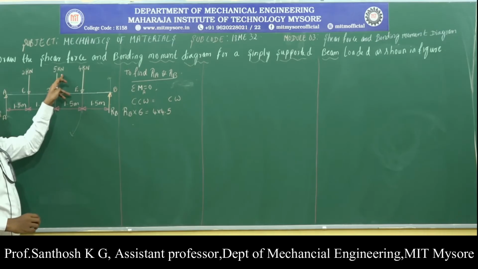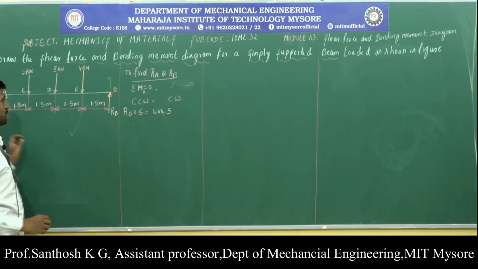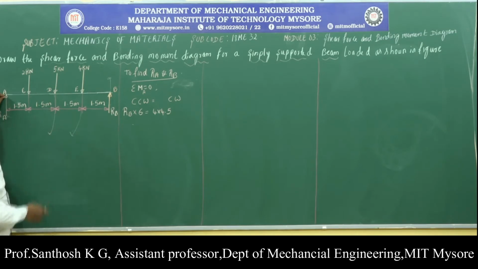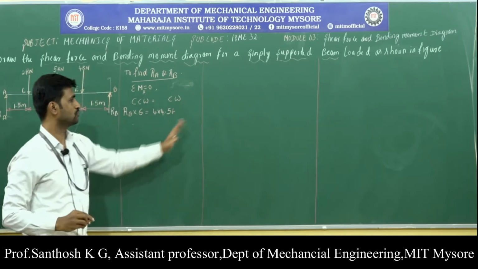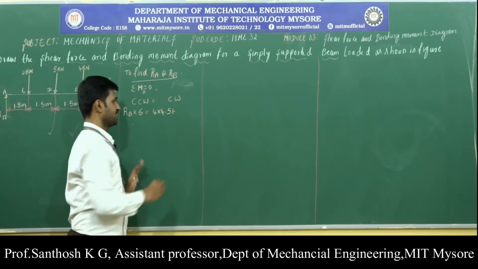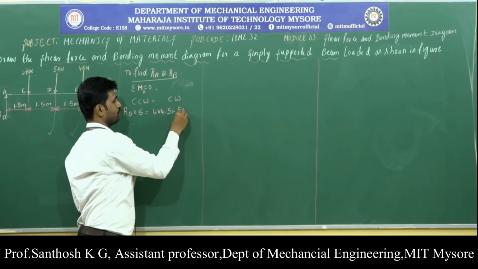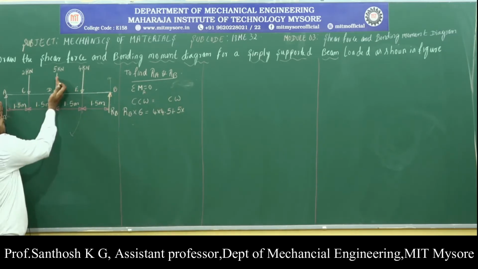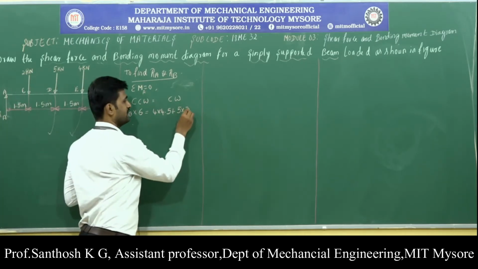Similarly, if you see the type of moment created by the 5 kilonewton force, you can see that this force is trying to rotate the beam in the clockwise direction. So I should write the moment due to the 5 kilonewton force towards the right-hand side. Here, due to the 5 kilonewton force, we have a moment equal to 5 into the distance of this force from A, which is 2 times 1.5, that is 3.